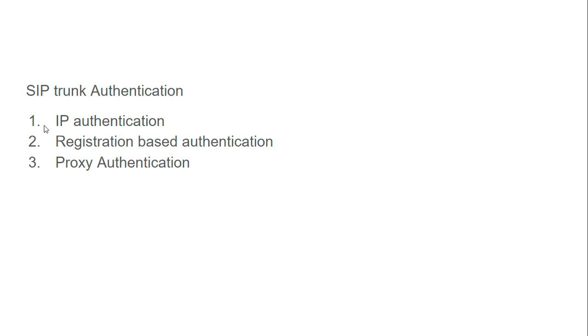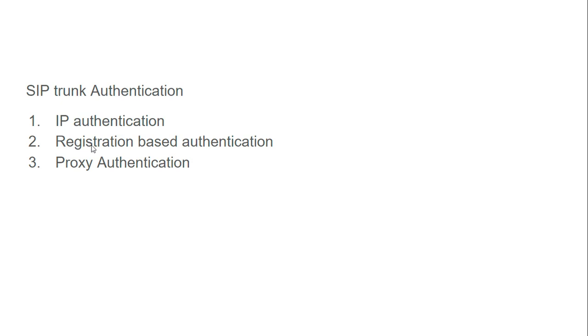Another is where your provider, over a private or public IP, whitelists your IP to allow the traffic from your private network. So these are two kinds of IP authentication possible,